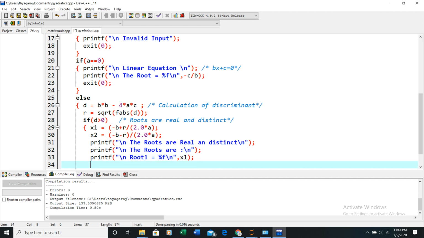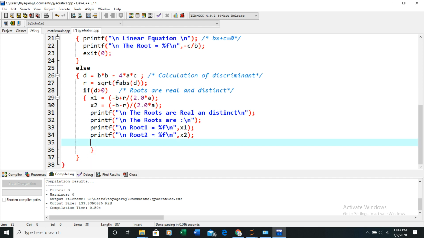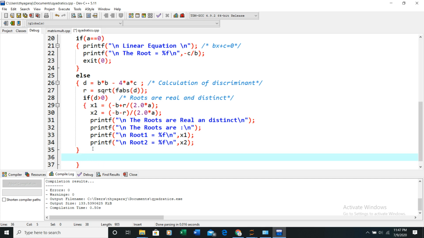Then printf second root, root 2 equal to percentage f slash n comma x2. Okay, this is actually the d greater than 0 case. The roots are real and distinct. Then the next one is